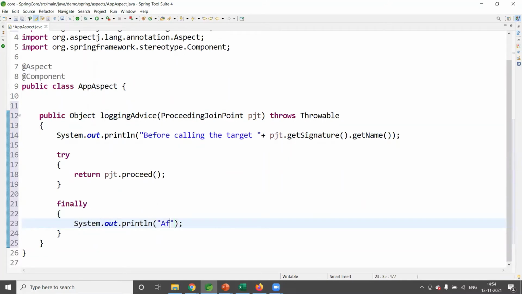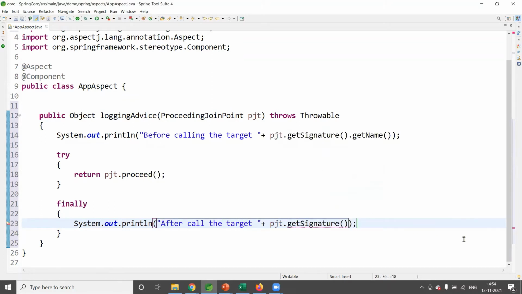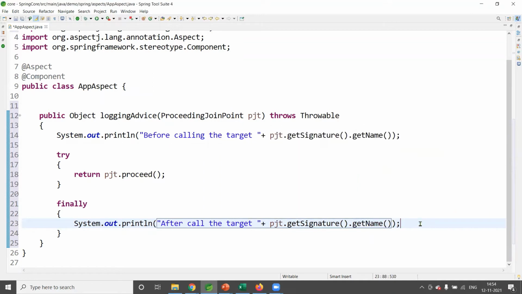After calling the target, let me say plus PJT dot get signature dot get name. We are just displaying this, right? Save it.